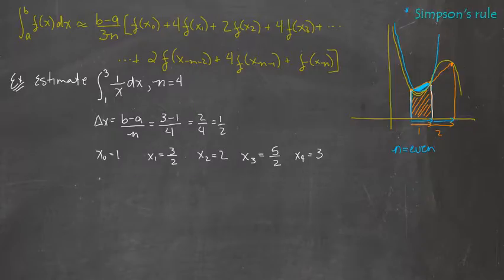Let's get back to the math of it all, the calculus. So let's set this up. We're going to use the formula for Simpson's rule now. So the integral on the interval between 1 and 3 of 1 over x dx can be approximated by 3 minus 1, still using b minus a, over 3 times n, where n equals 4,